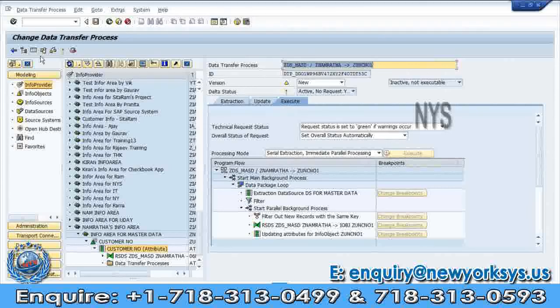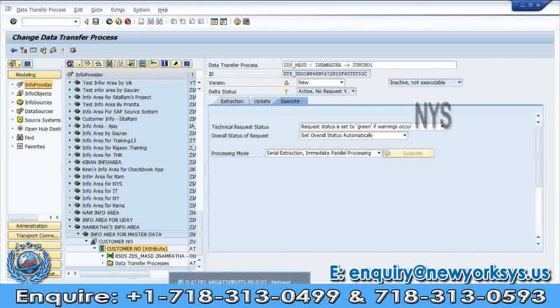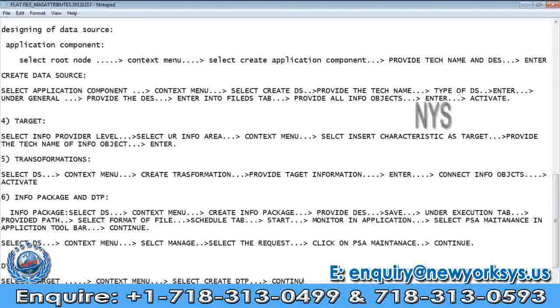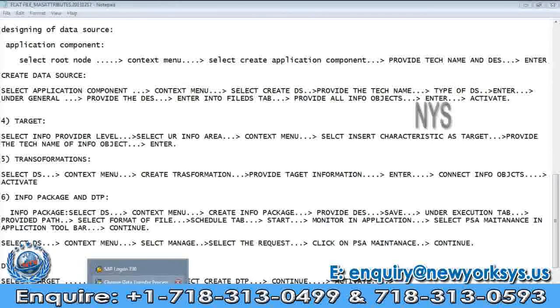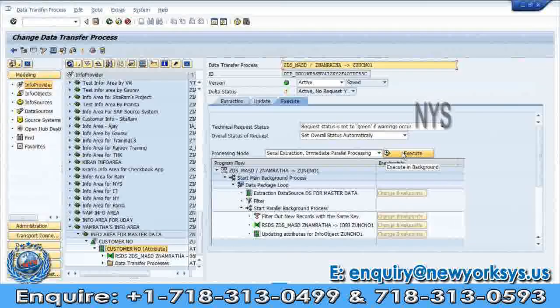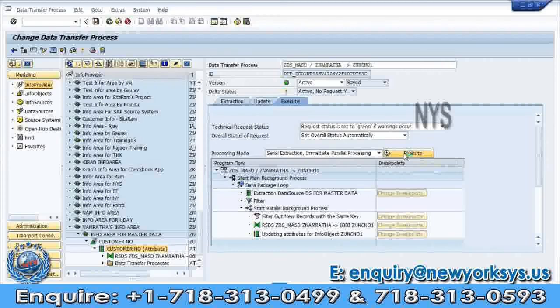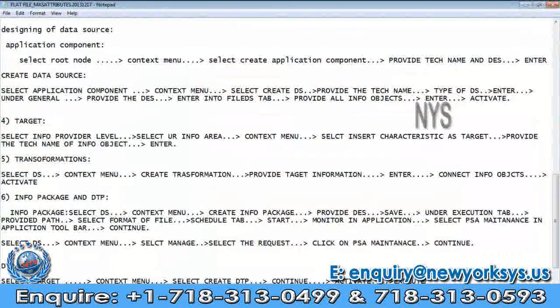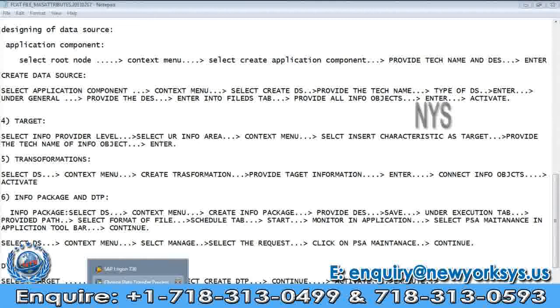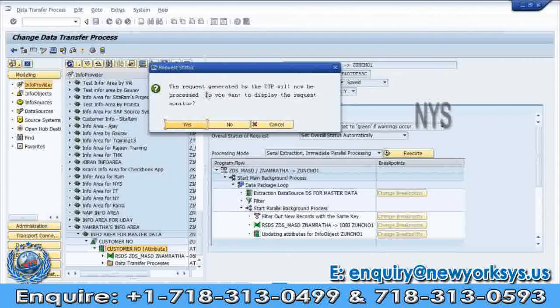Enter into the execute tab, click on activate the DTP. After that, create, just click on continue. What is the next step? Activate. After activating the DTP, now it is enabled, right? Just click on execute. After clicking on execute, what happened? The DTP will read the data from the data source and place the data in the target. Do you want to display the